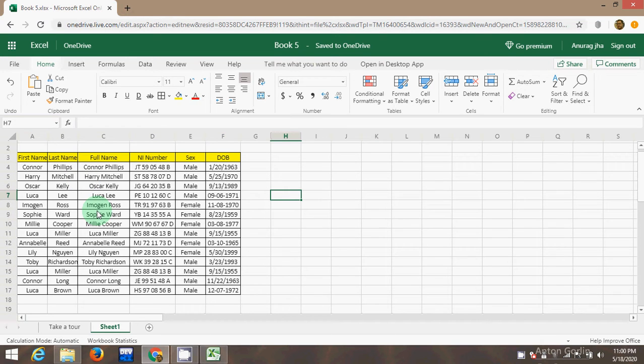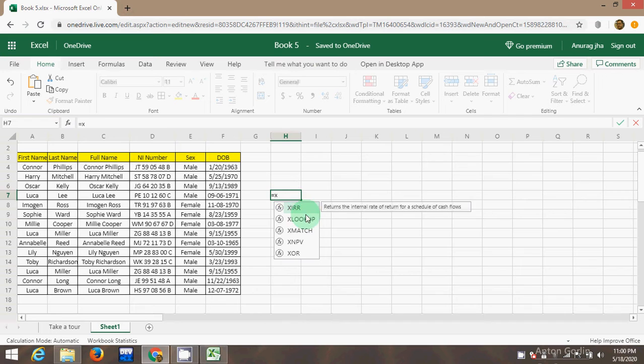When using XLOOKUP, you just provide three basic parameters. Now I am applying XLOOKUP here. The three basic parameters are lookup value, lookup array, and return array. So what are these basic parameters? The first is the value you are looking for.